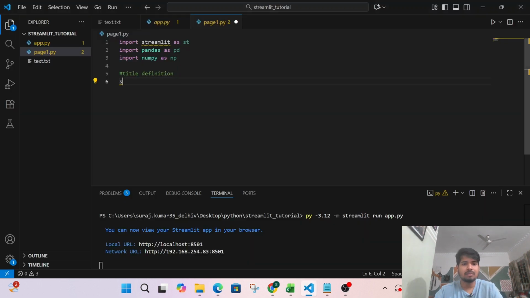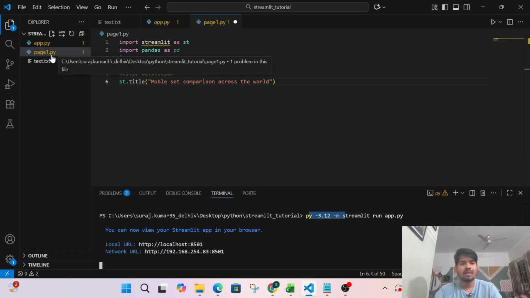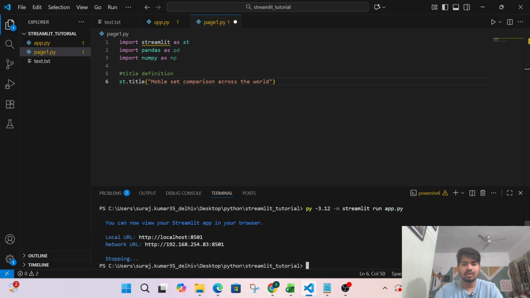So for example, I'm saying st.title, I'm giving a title: mobile set comparison across the world. Now the terminal is already live. If the terminal is not live, the name of the file is page1.py. So I'll cancel it out with Control C, then py 3.12 -m streamlit run